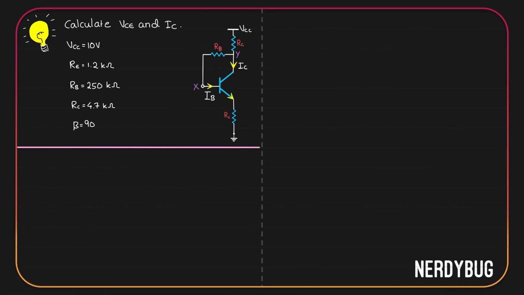Let us now solve a problem. We have a transistor that is under self-bias. You can see there is a resistor at the emitter also. So this is self-bias with emitter degeneration. Emitter degeneration is only going to stabilize our Q point, so let it be there. We have to calculate VCE and IC. VCC is 10 volt, RE is 1.2 kilo ohm, RB is 250 kilo ohm, RC is 4.7 kilo ohm, beta